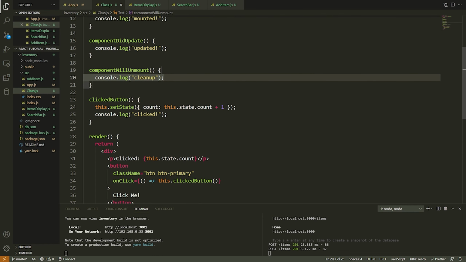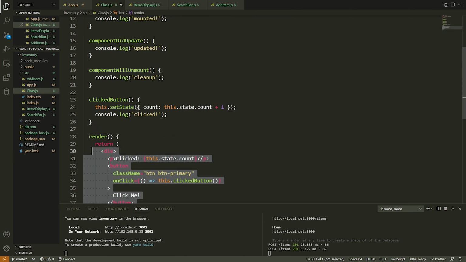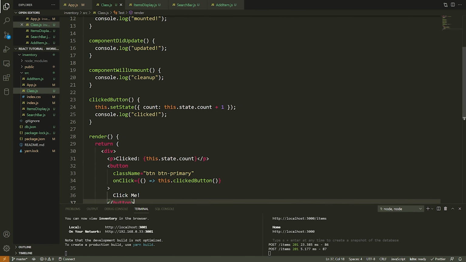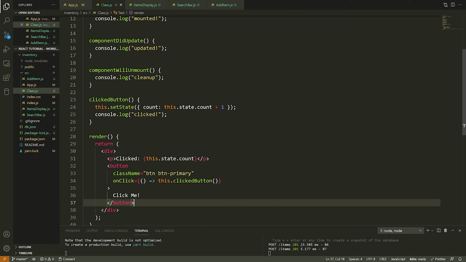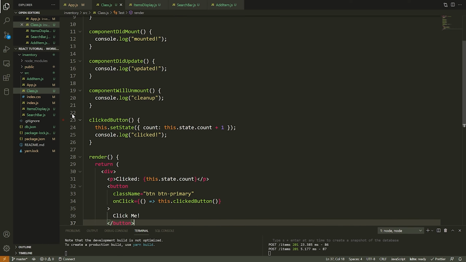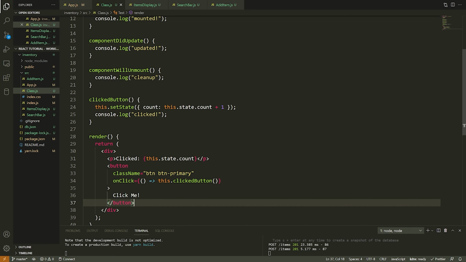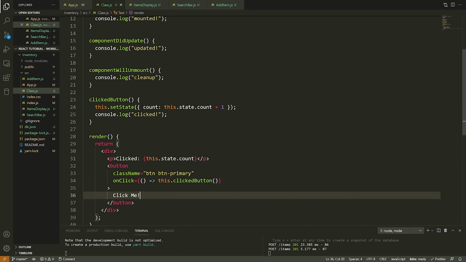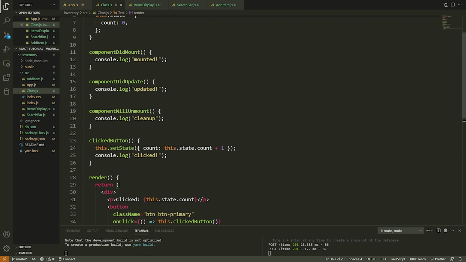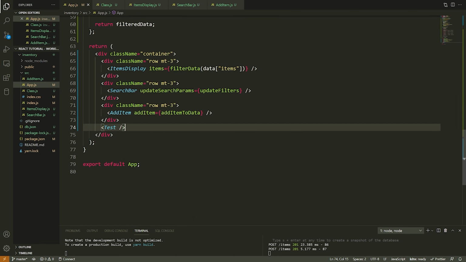Now, the only thing is we need some way to actually delete this component, which is not necessarily intuitive. So what I will do is just write a little bit of code here to show you how we can actually see this working. Rather than this.clickedButton, actually, I will leave that method here. But what this method will do is call a method that we're going to pass through in the props here that will just destroy this test component.